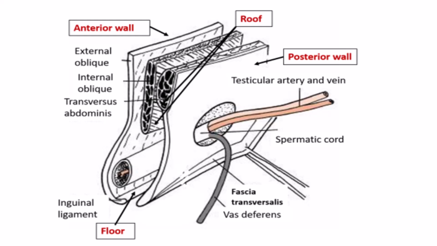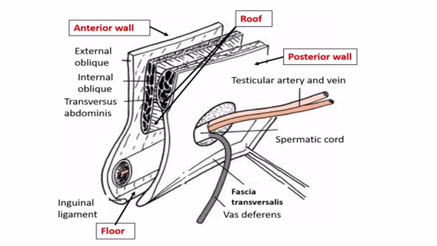You can see here the anterior wall of this canal is formed along its whole length. The whole length of the inguinal canal is 4 centimeter or 1.5 inch. So the whole 1.5 inch or 4 centimeter of the canal is formed by skin followed by superficial fascia, then external oblique aponeurosis. But the lateral one third of this anterior wall, not the medial two thirds, is reinforced by the fleshy fibers of the internal oblique muscle. It means this canal is strengthened on its lateral side.